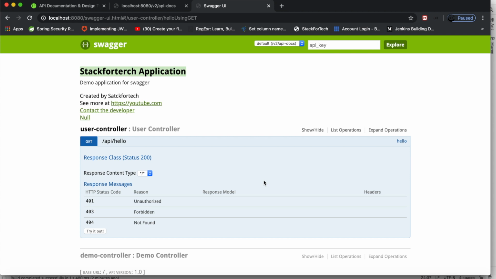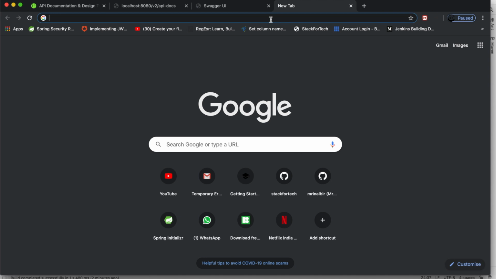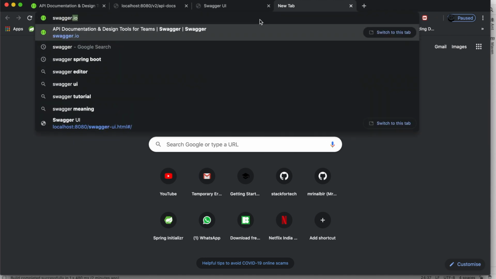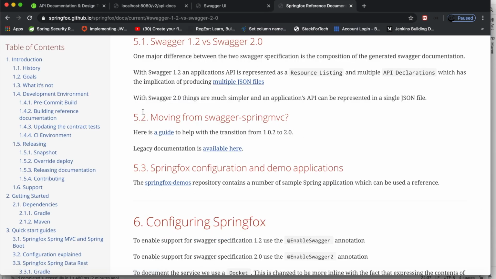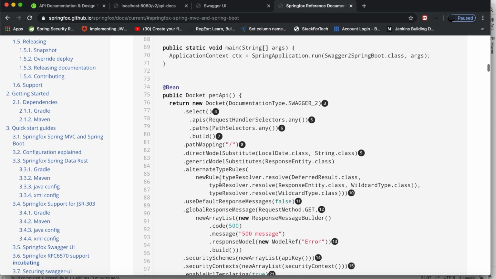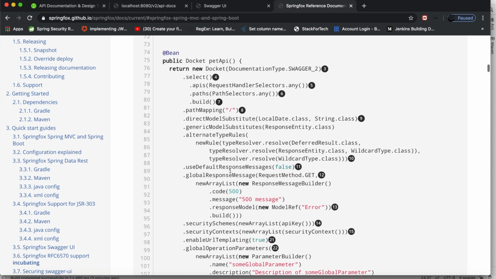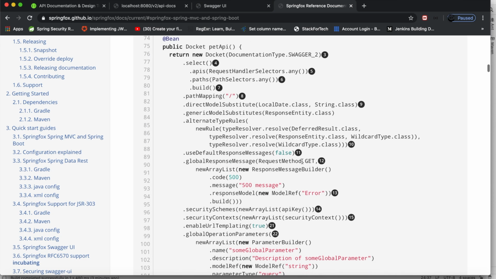All those things can be configured inside the docket. To keep it short, I'm not showing those details, but they are available in the Swagger documentation page. This is how a docket looks when you add much more information than what we just configured.